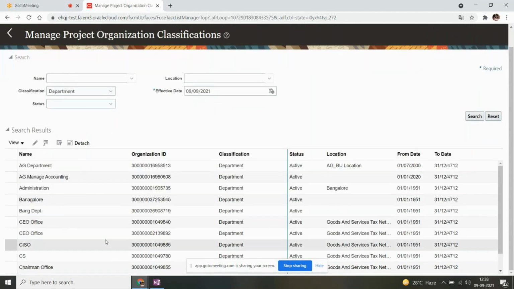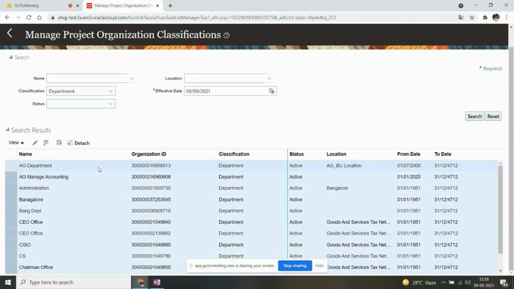So these are all the departments, right? You can also select multiple departments at a time. If you use Control A, then all the departments will get selected at a time. If not, you can go one by one if you have very few. If you have many, select all. Then click on the pencil icon, which is the edit button.